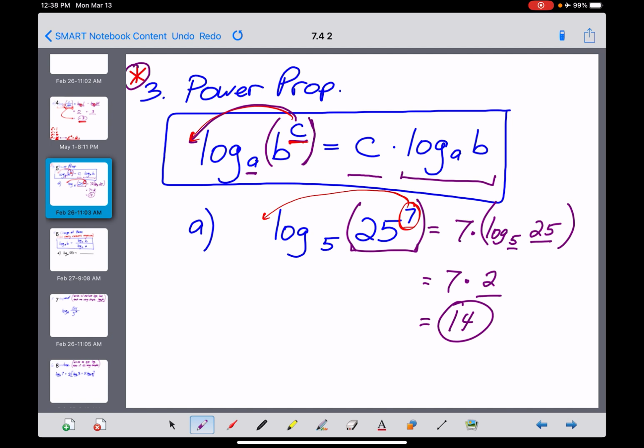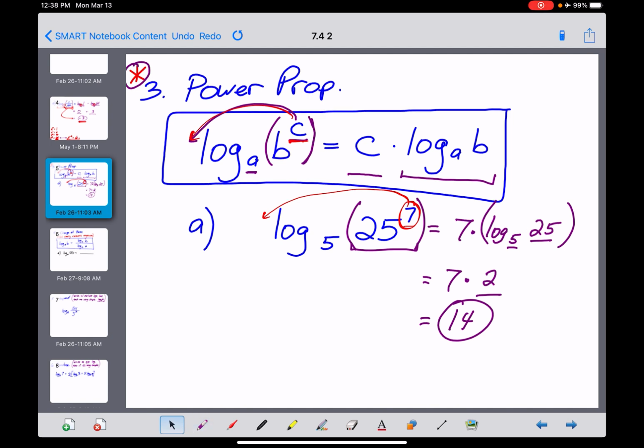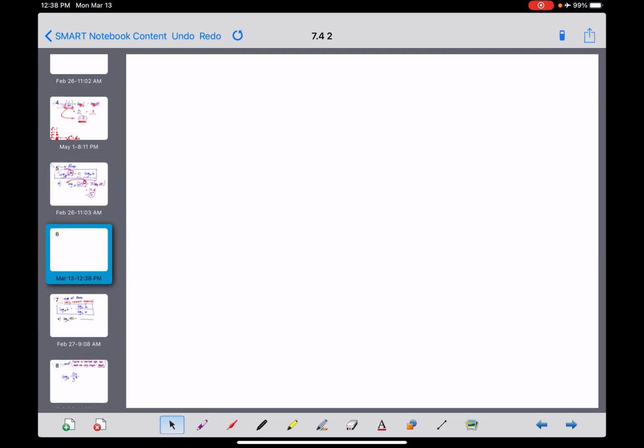But this property is incredibly important, guys, and I'll give you just a little sneak peek as to why, because in the next section, we're going to be solving equations that might look something like this. How about something like 5 to the 2x minus 3 power is equal to, and I'm just going to make up an ugly number right here, like 78. I guess I didn't make up a number, but there you go. There's no logical way you would look at this and just figure out what the answer is. 78 is not a power of 5, so I can't just sit there and logically think my way through the answer. But what we're going to learn in section 7.5 is that you can use that power property to